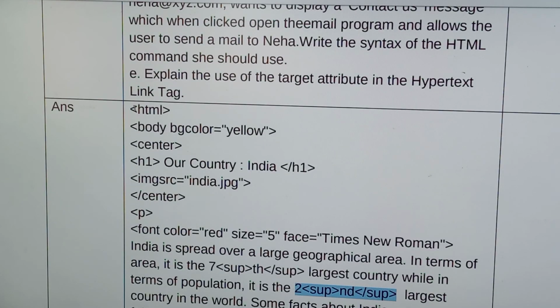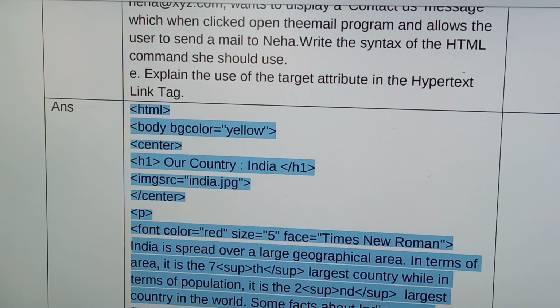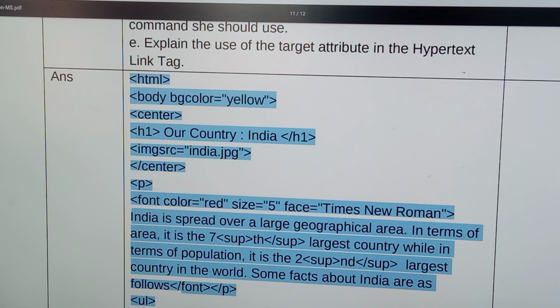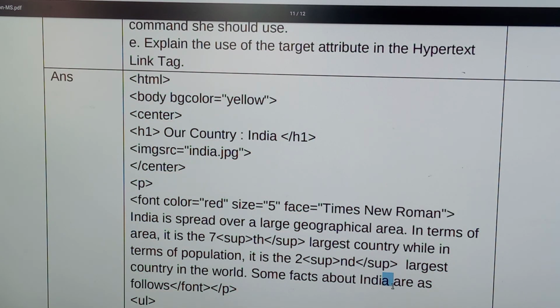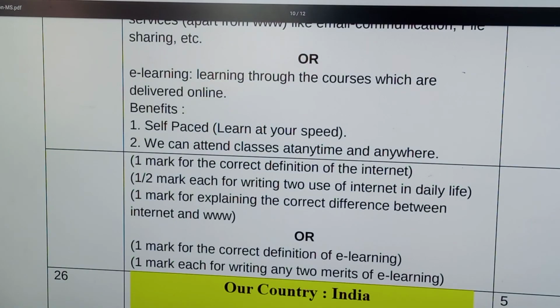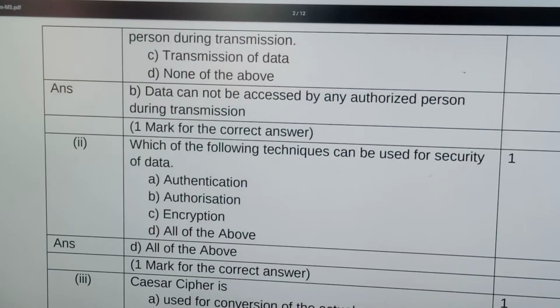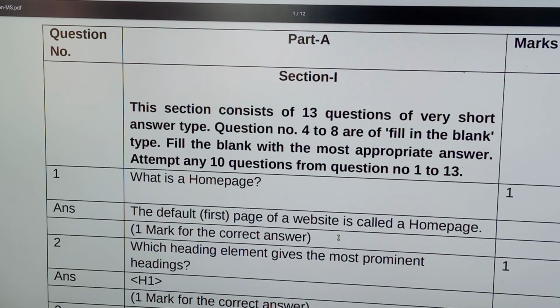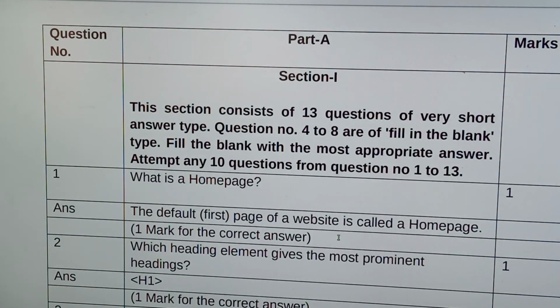This type of 5 mark questions are available in your question paper. So this is the explanation for this question paper. Hope you all understand. So watch this video and write the correct answer